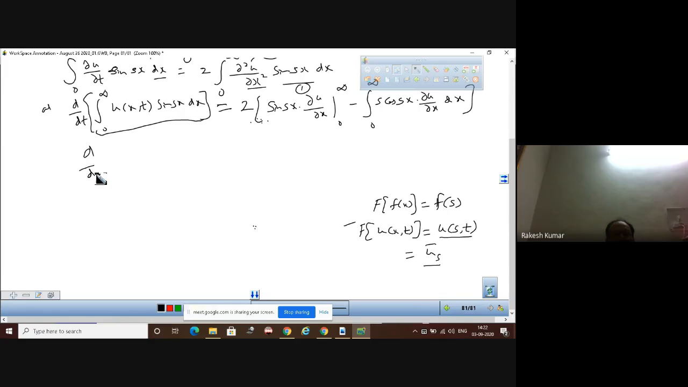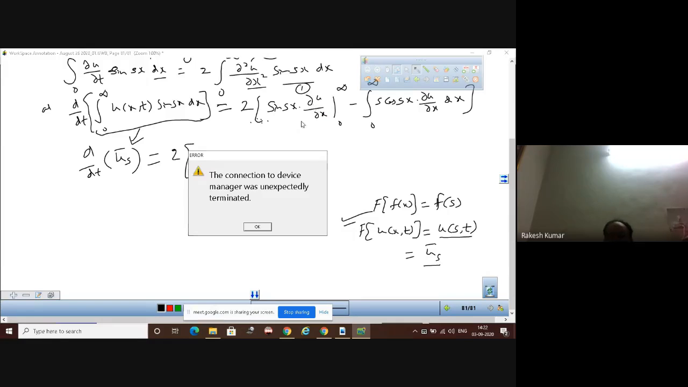So that will be equal to dU/dt of U s bar. Its value is taken from this step, and on the right hand side we can substitute the values. And if you see, because u del u by del x is there, this is the derivative term,